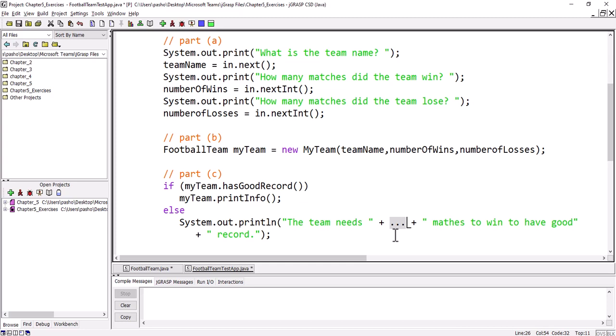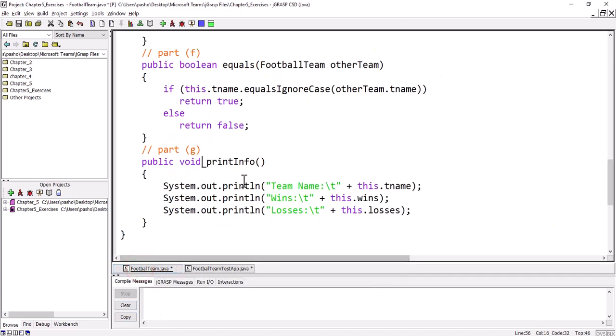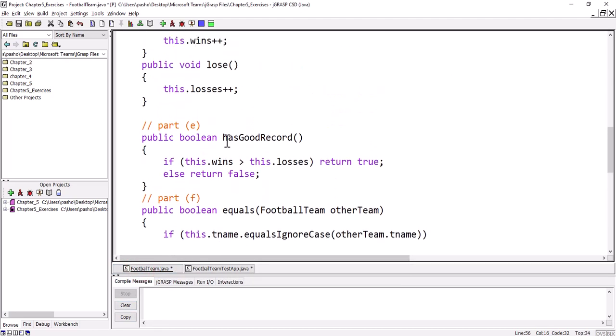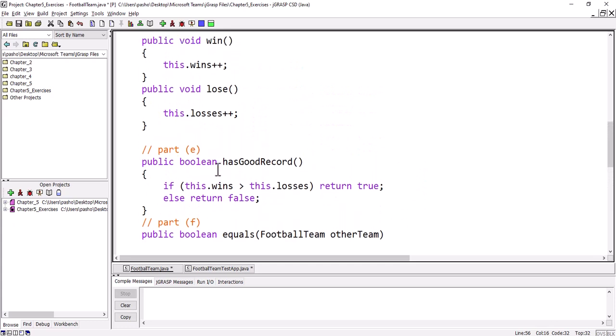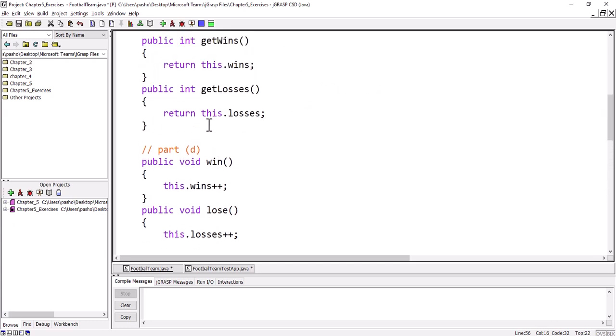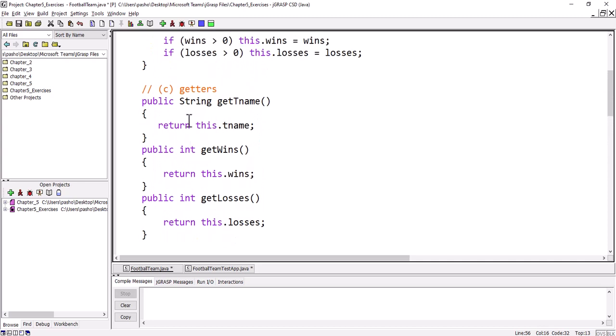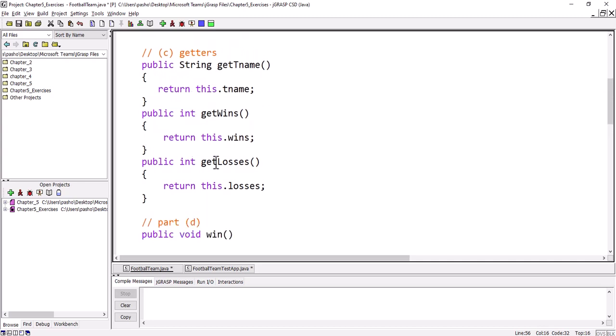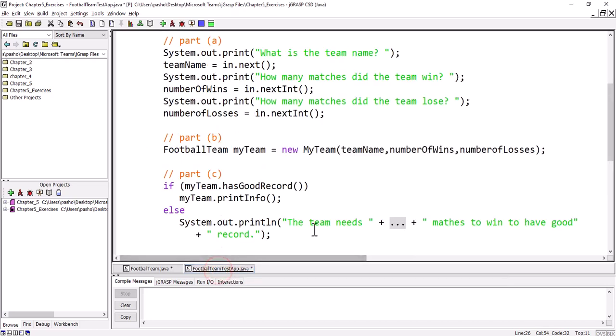But how to access the data wins and losses? Remember, we have getter methods. Let's go to the class. Now for the class, this is the method, has good record. And now let's go for C. Here we have getters. They will give me the number of wins and the number of losses. We can use these methods to give us the number of losses minus the number of wins to give us the difference. So let's go, and here, we will say my team dot get